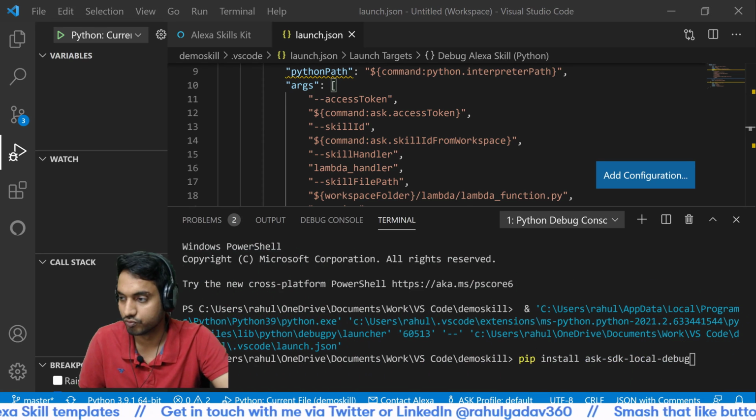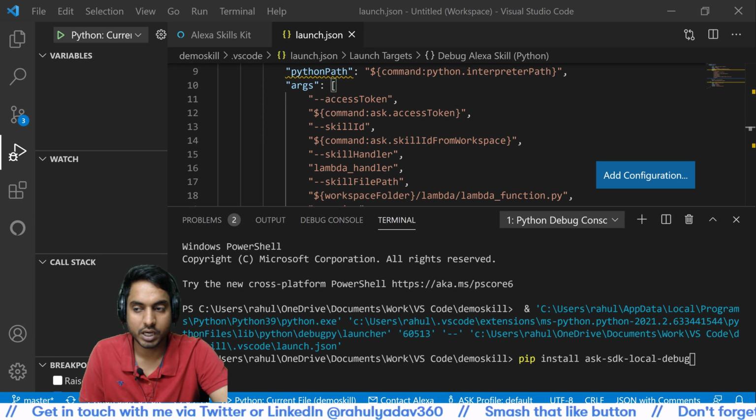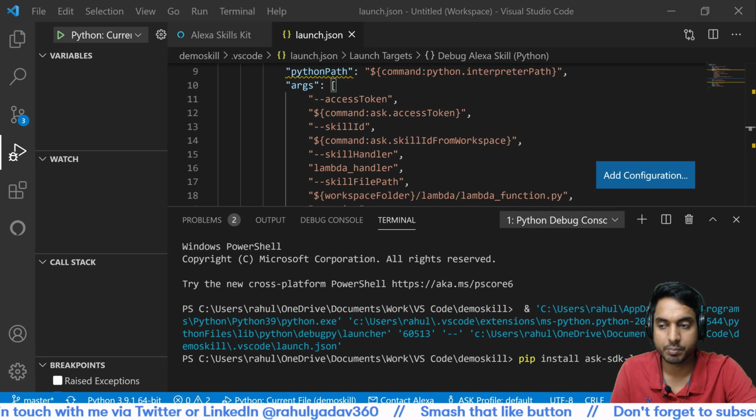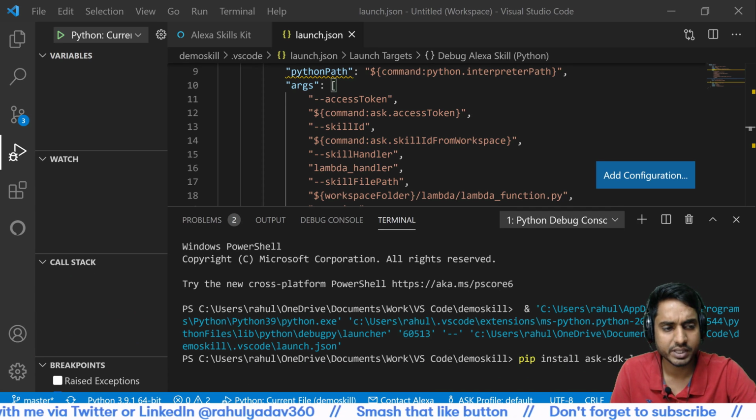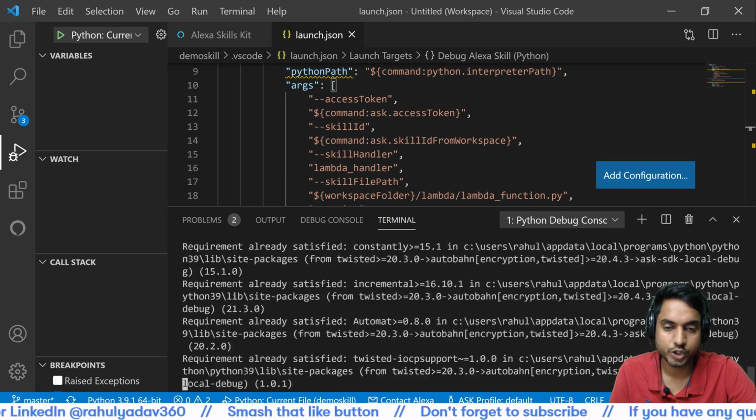I can also move my camera for a moment. So you can see that this is the command you need to type in, and once you type it in and press enter, this library should be installed.